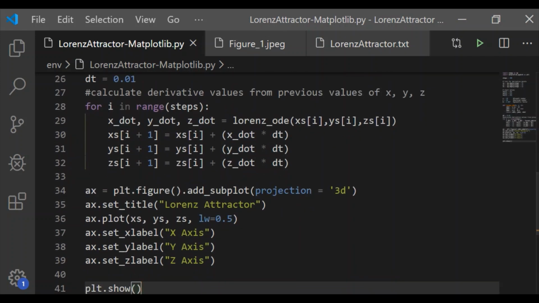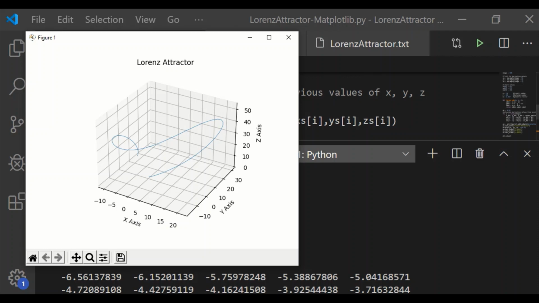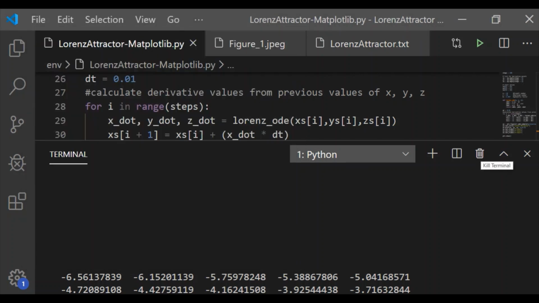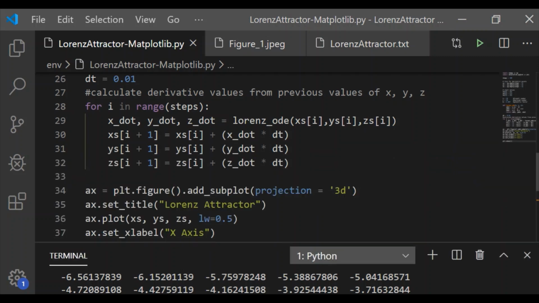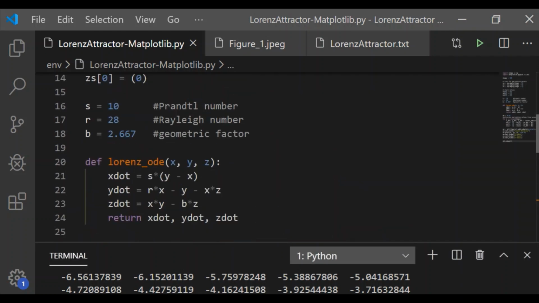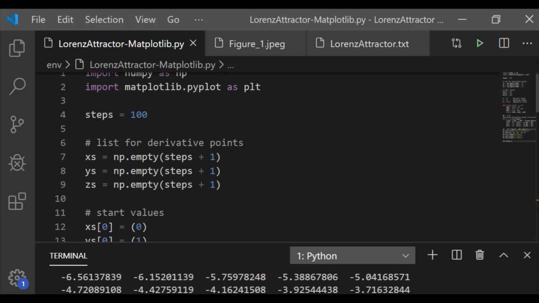As we can see, the Lorentz attractor is plotted using matplotlib in Python. It looks like the loop on the left side is overlapping, but actually in the 3D view they are not overlapping. Now we have taken only steps of 100. Let us increase the number of steps to 10,000 and then see the butterfly effect of the Lorentz attractor.